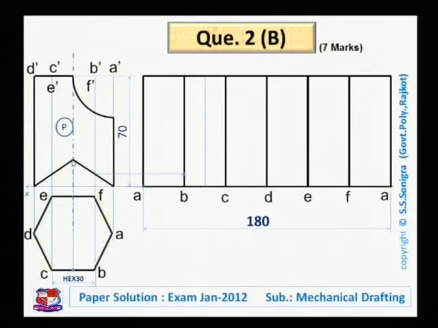Now we have taken this point, so from this point draw a horizontal line and that will cut the midpoint of BC vertical line at this point. So this is another point. So we have picked up 2 points, one point this and this. This point would be here, A at here and here.